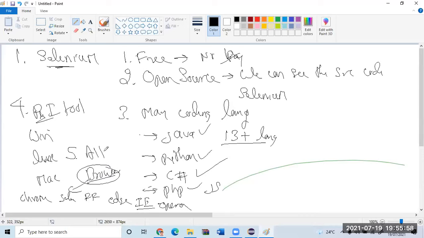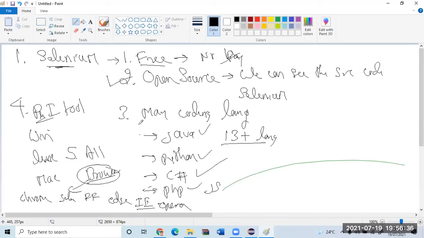Let me repeat it. In an interview, they might ask you, why are you choosing Selenium? Why is Selenium popular? So many points are there. One major important reason is Selenium is free. What is the meaning of free? Should I pay money and purchase a license, or can anybody use it without paying any money? Without paying any money. Next, can I see the source code of Selenium? Yes. Can I download it? Yes. If I am able to download it, can I change the source code? Can I customize it according to my company project need? Yes. That is a major advantage of open source.